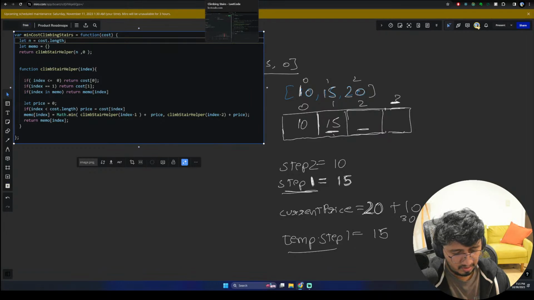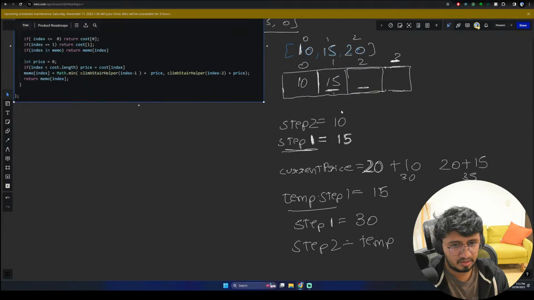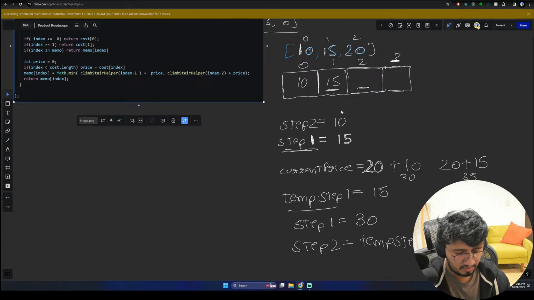So I'll assign step 1 as the minimum and step 2 as temp. Oh, sorry guys, temp 2 as temp step 1, right? So our array would look like 30,